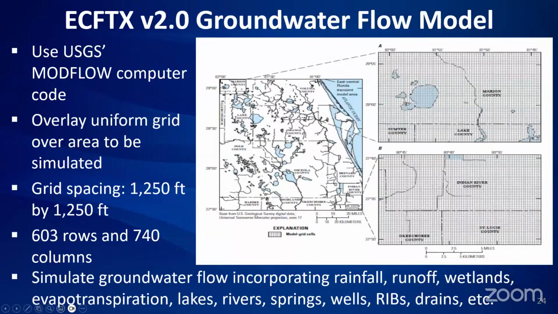In the upper left here, you can see just a portion of the model domain. We're using the US Geological Survey's computer code known as MODFLOW. It is the industry standard in terms of groundwater modeling. What we do is we lay a uniform grid over the entire model domain, which was the blue square we showed on the previous graphic. We overlay that, and we have individual model cells or grid cells. They are 1,250 feet by 1,250 feet, so they're perfectly square. And when we lay that over the model domain, we wind up with 603 rows and 740 columns,